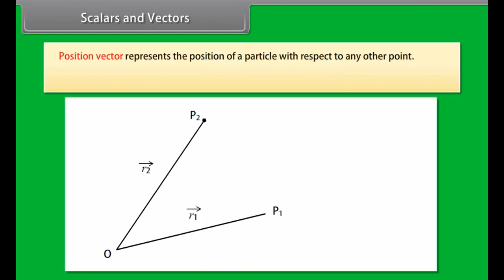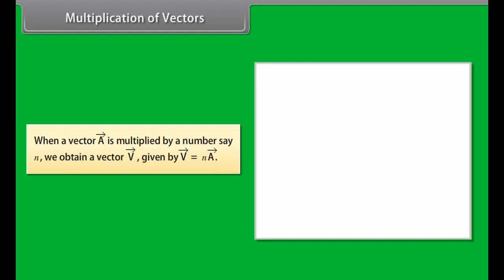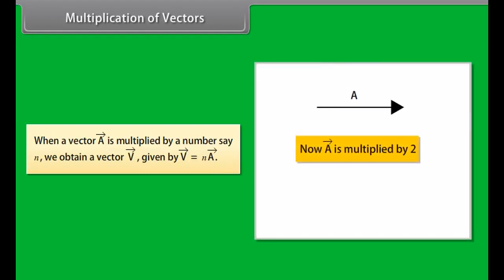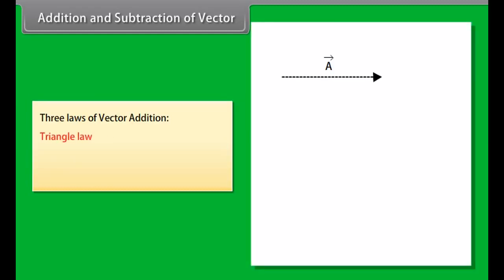The geometric representation of a vector is done by an arrow. Position vector represents the position of a particle. Multiplication of vectors: when a vector A is multiplied by a number say n, we obtain a vector V given by V vector is equal to n into A vector. Let's take an example. If a vector A is multiplied by 2, the resultant vector 2A vector is in the same direction as A vector and has a magnitude twice of